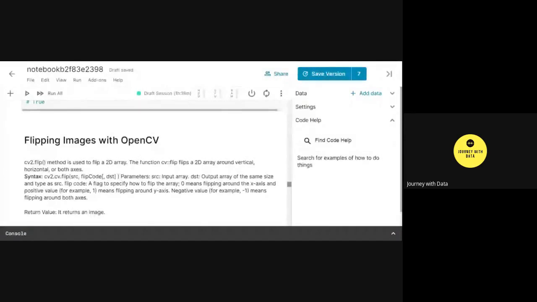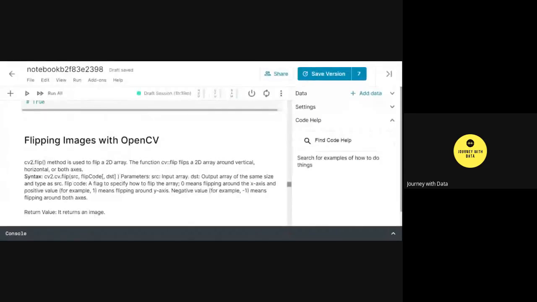For example, we talked that to perform an image slicing, to crop an image, there is no method, but you just have to slice the particular subsection from the image. To perform a shift, you have to define a translation matrix and then the direction where you want to shift. Similarly, to flip an image, all you need to do is use the cv2.flip method.